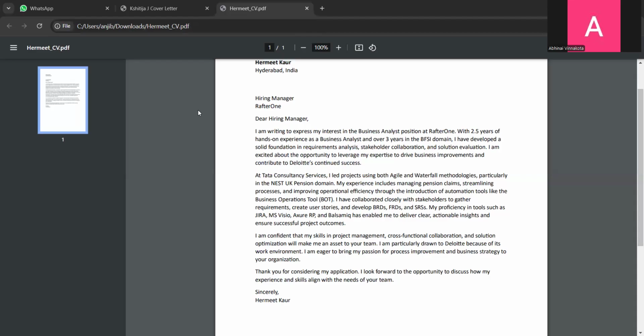What's the size of your team? I have quite 8 members. Okay, in 8 members, what is your role? You're a BA, right? Yes, I am a junior BA. And what's the agile project that you have done?